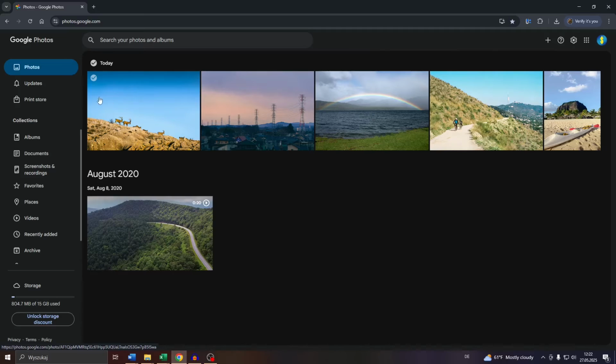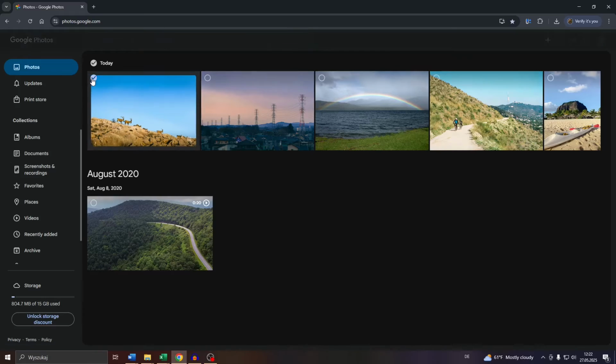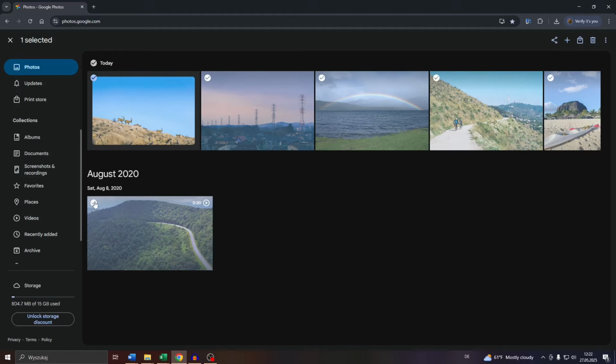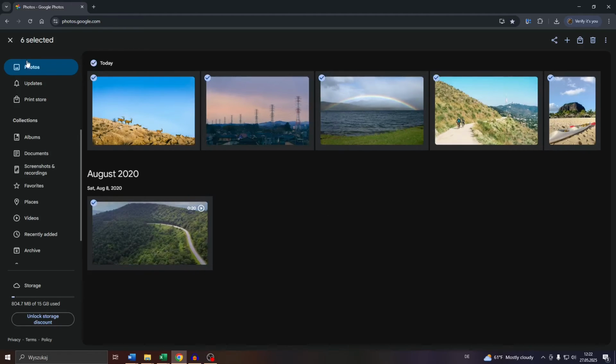Simply start with the uppermost photo or video or any item here in your library, just like that, by left clicking on the check mark icon in the top left corner. And once that's done, press and hold left shift on your keyboard, just like that, and move your mouse along the remaining items in your library till you get to the last one, for example at the bottom. And in the last step, simply left click on the last item's checkmark icon here to select all of them